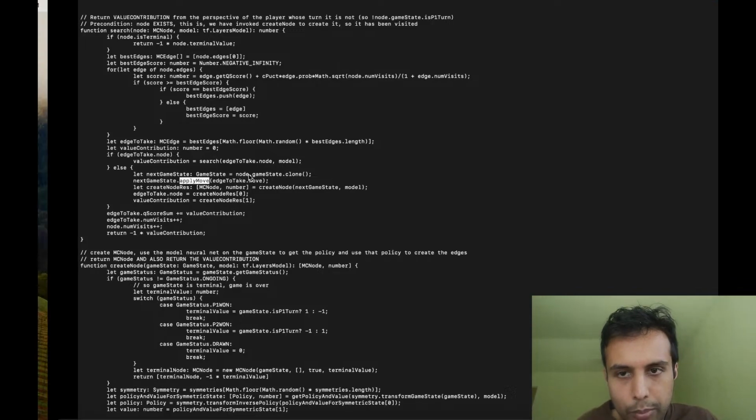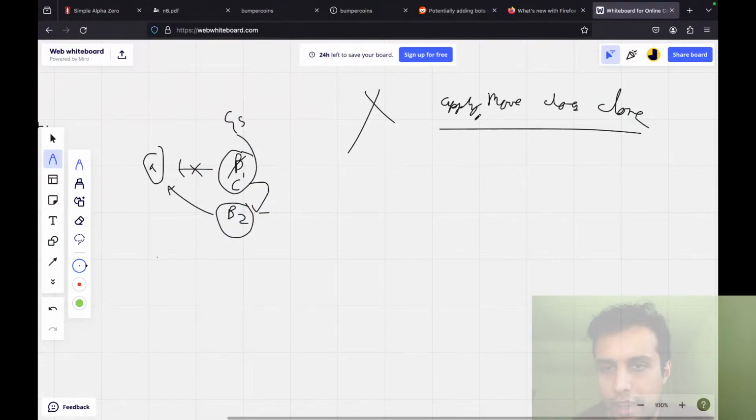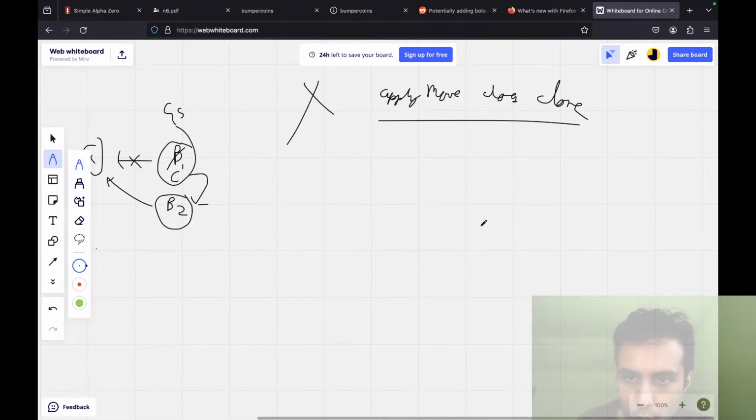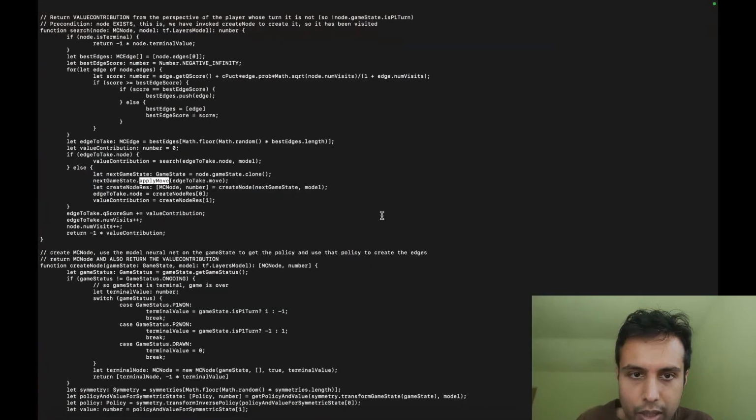So now let me show why, if we do a clone and apply move, there'll be an extra factor of 2, I think, or a bit of redundancy. Let me show an example of what I mean by this clone being redundant. I'm saying that rather than cloning inside the apply move, we already did a clone. We can just pass it in to apply move.